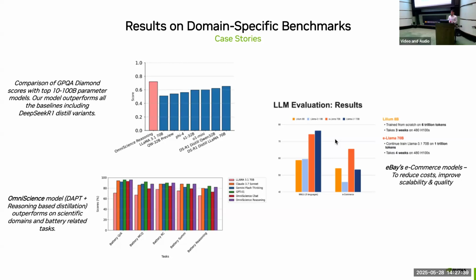The final use case here is going back to eBay's e-commerce model. Something interesting to note is that the models they train for their domain-specific task have a little bit less favorable performance on a general-purpose benchmark. This is MMLU, a multitask language understanding benchmark, where the performance of our domain-specific model is a little bit less than the base model that we started from. However, when we look at the e-commerce-specific task, it widely outperforms the base model from which it was fine-tuned.